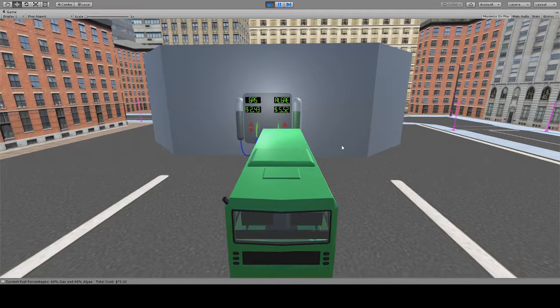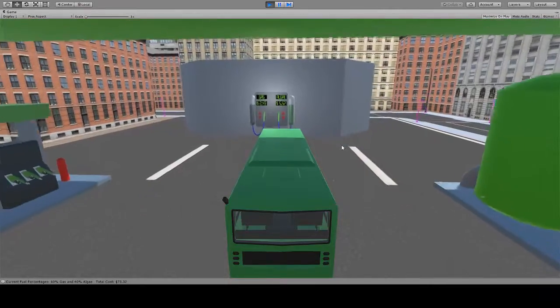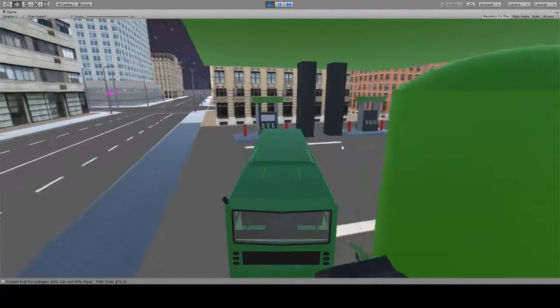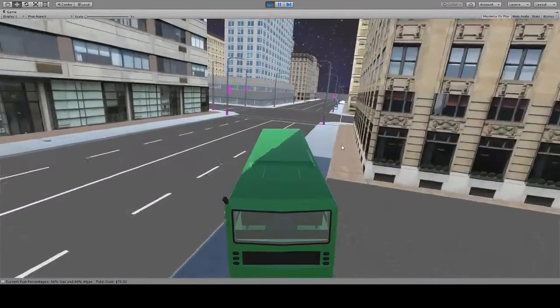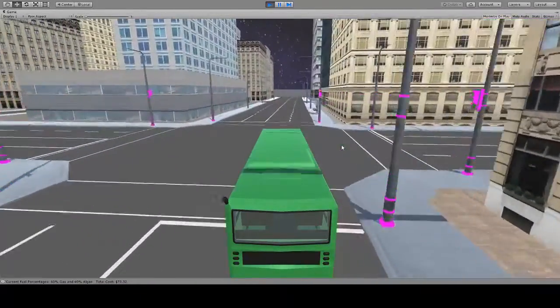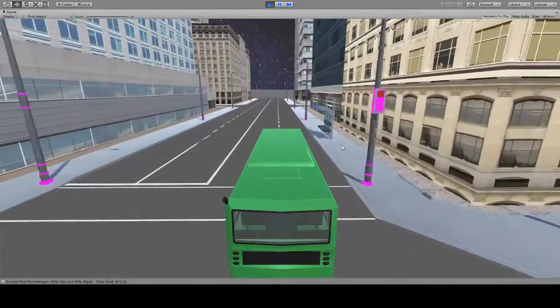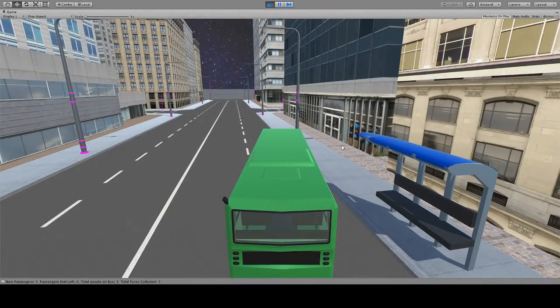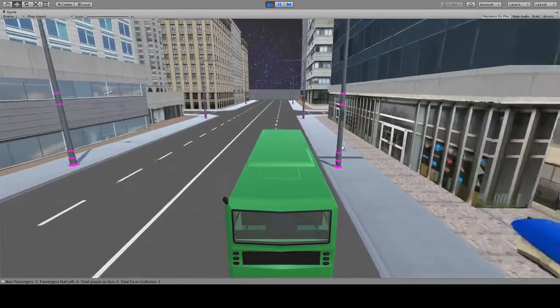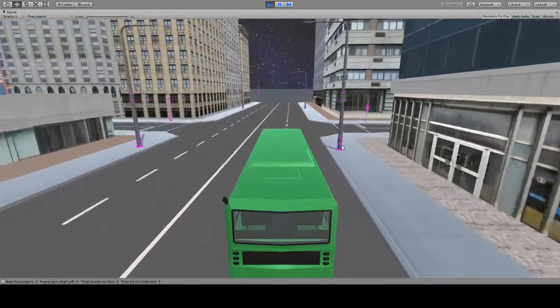So the player is now fueled up on gas and algae. As you notice, the gas was less expensive than the algae, so the player needs to drive around the city in order to pay for the gas they just purchased. And since the algae is more expensive, that's going to mean that they're going to have to pick up more people in order to be more environmentally friendly in order to support their algae.